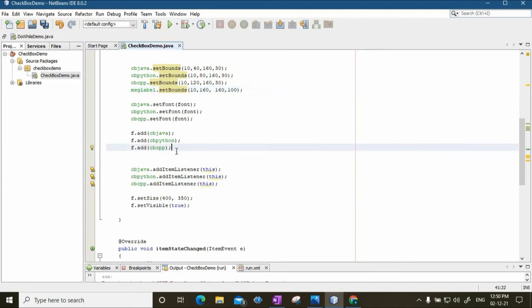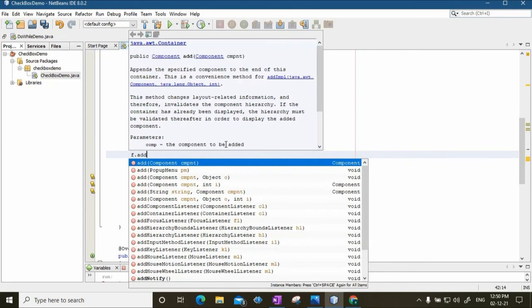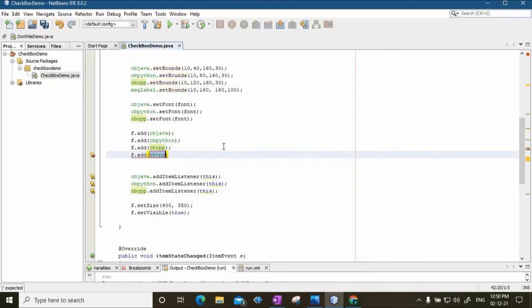So far we have not added it, so I will also have to say f dot add, and the component to be added is MSG label. So the label also has to be added.